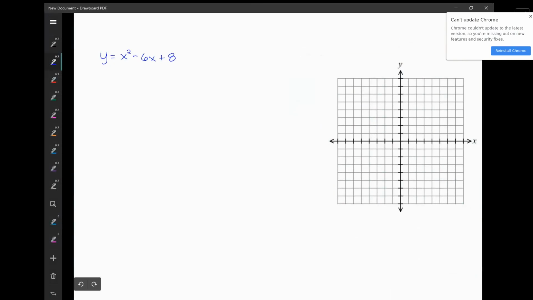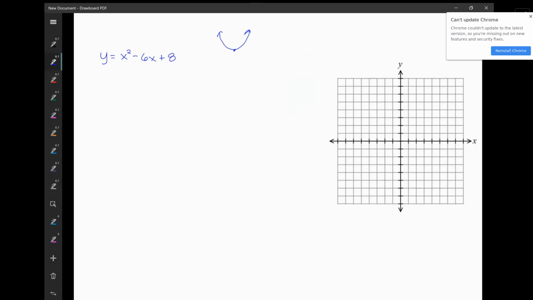We're asked to graph the function y equals x squared minus 6x plus 8. So we know that this function is going to have a similar shape as the function y equals x squared. It will be a parabola. So we know it will look something like this. We know it opens up because x squared is positive. So what we want to do is start by finding the vertex, this point right here,